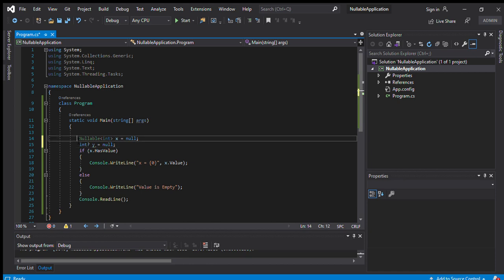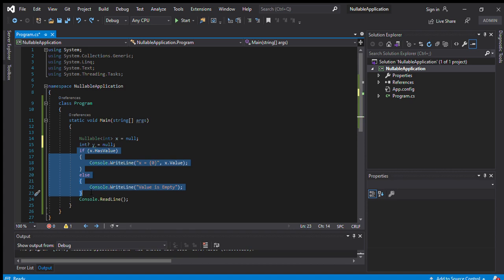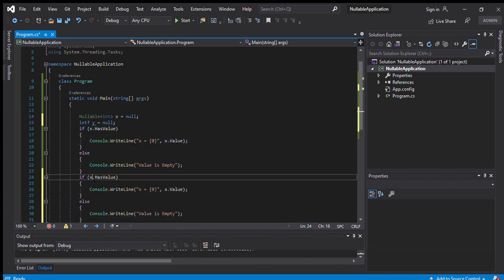Okay, you can declare like this or like this, and again I am checking the same, and I am checking the hash value of y. Okay, so it will show me the hash value of y.